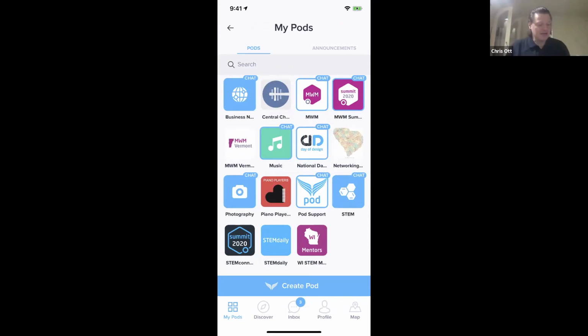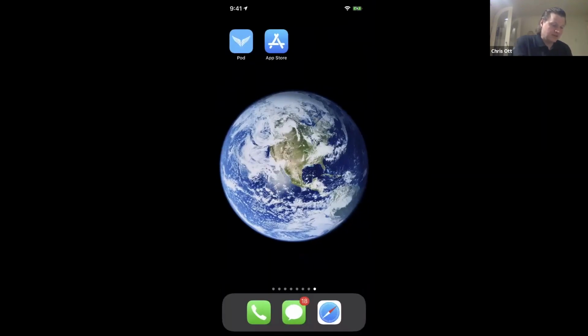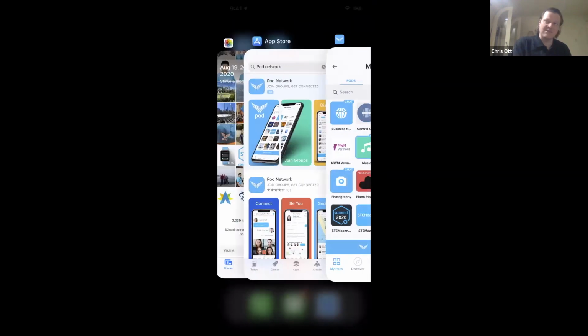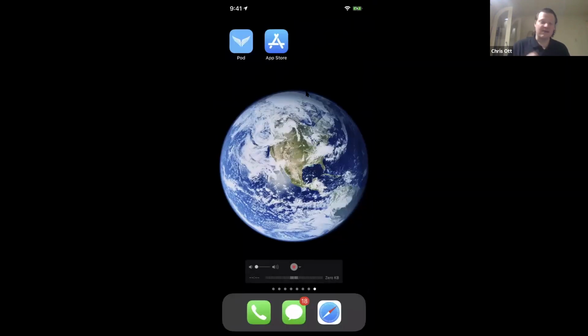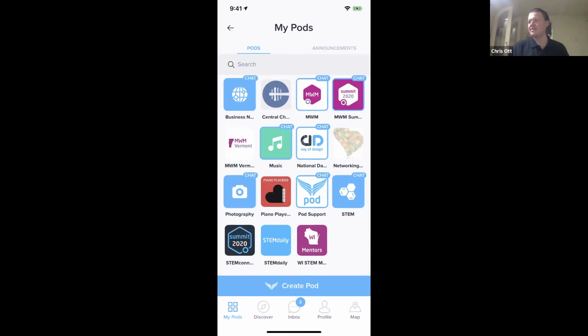I think it's kind of a neat thing about Pod too. We won't go through all of the different ones, but if you tap Pod, the organization comes up with one tap of the finger. If you're like me, your phone's always within arm's reach, no matter where you go and what you do. And it's just one tap of the finger and the organization's right there. I don't think you really get that with anything else, where the community is right there with one tap of the finger.